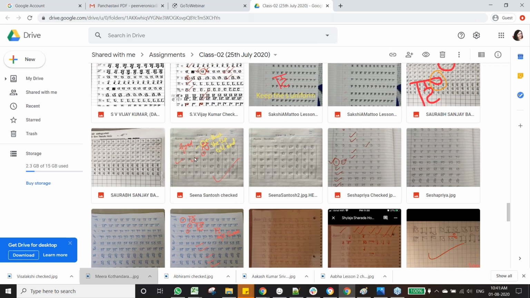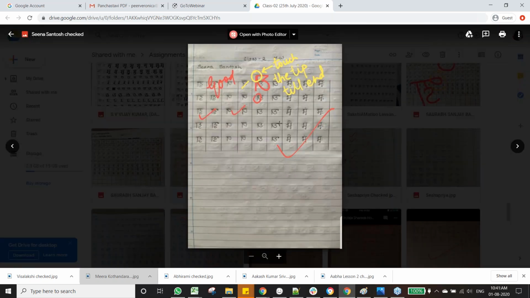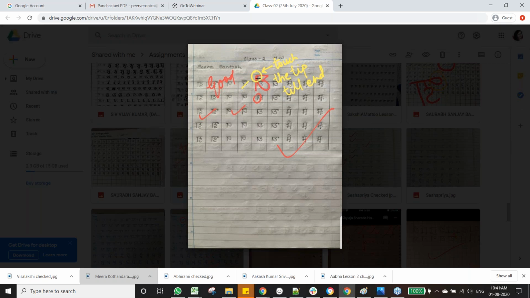Most of the assignments show the same mistakes. Other letters are drawn nicely. See here, one correction that we see in some of the assignments is when we draw this ow or o, this line has to touch the shirorekha and then come down.